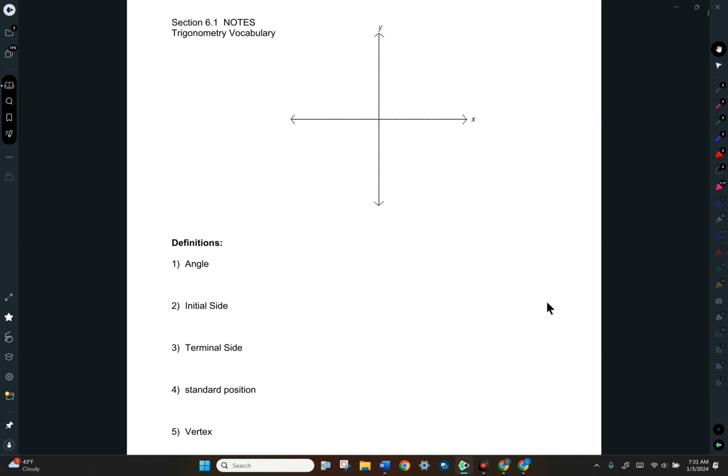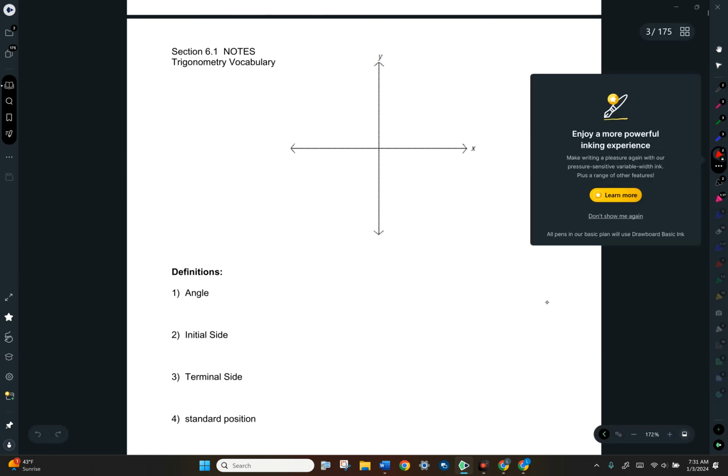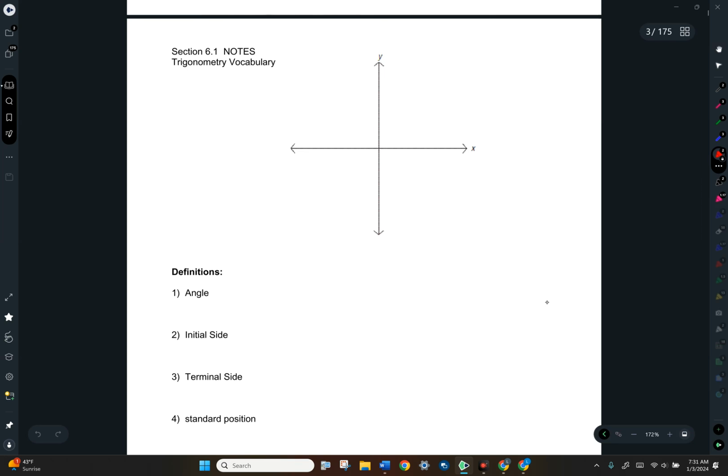So the first thing you need to know is that an angle is defined as a rotation. So in trig, you don't just look at something and see an angle like you did in geometry, but it's actually a rotation of two sides. So for example, let's just write down here that it's defined as a rotation. Okay, an angle is defined as a rotation, and the way it works is you have an initial side, which